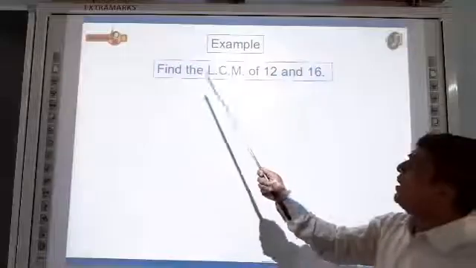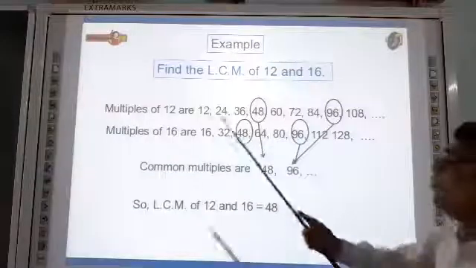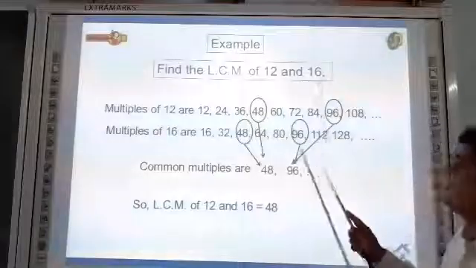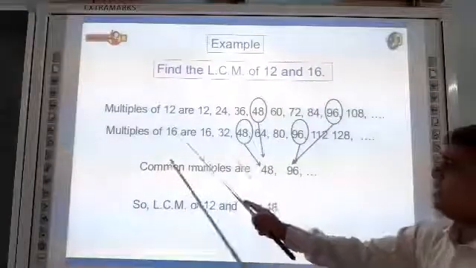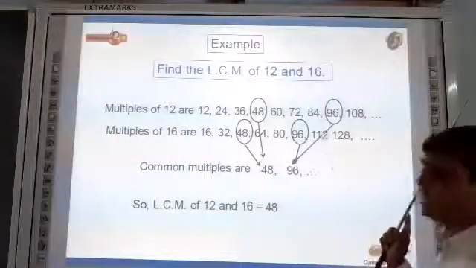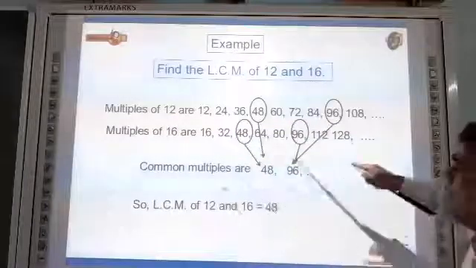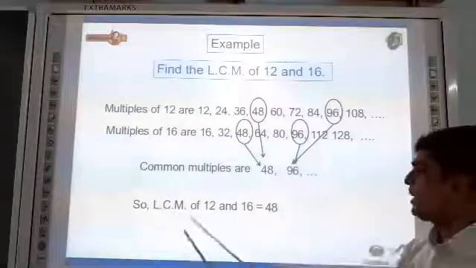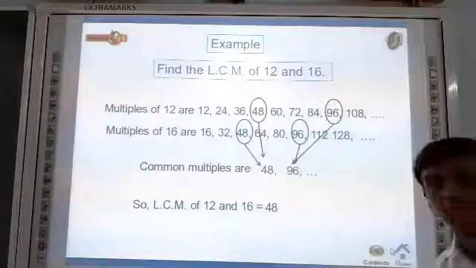For example, find the LCM of 12 and 16. Multiples of 12 are 12, 24, 36, 48, 60, 72, 84, 96, 108 and so on. And multiples of 16 are 16, 32, 48, 64, 80, 96, 112, 128 and so on. Common multiples are, look at this, 48 and 96. So LCM of 12 and 16 is equal to 48. Okay